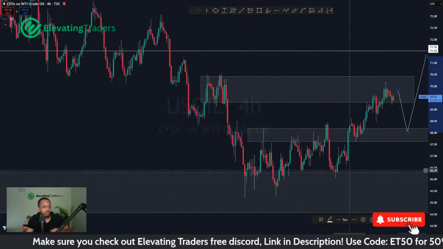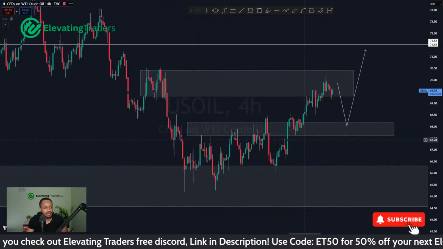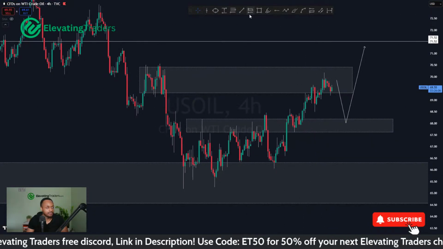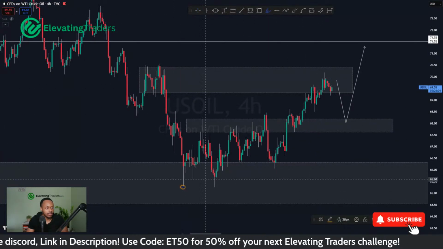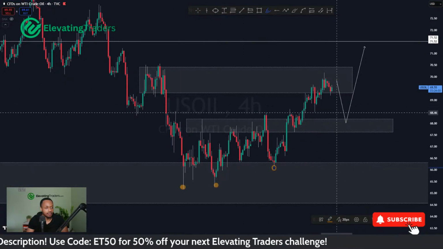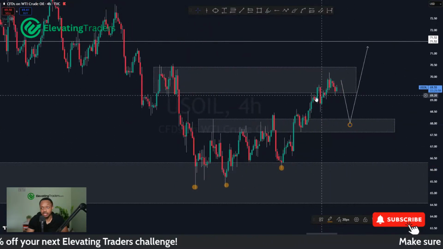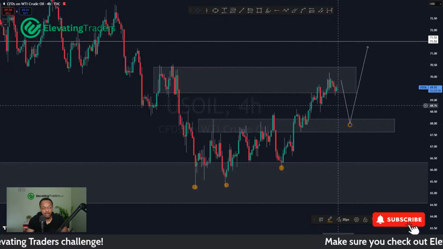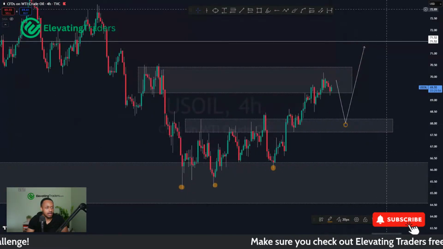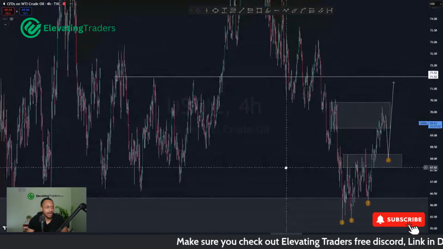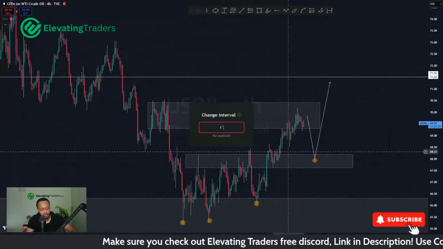So dropping back to the 4-hour chart, I'd say around 68 looks like a decent buy. We've got a solid double bottom down there, one higher low, perhaps the next one, and a continuation to the upside. But now we're in bearish territory, so if anything, there might be some sells on the lower time frames. But I still think there's a bit more retracement to be had for oil.